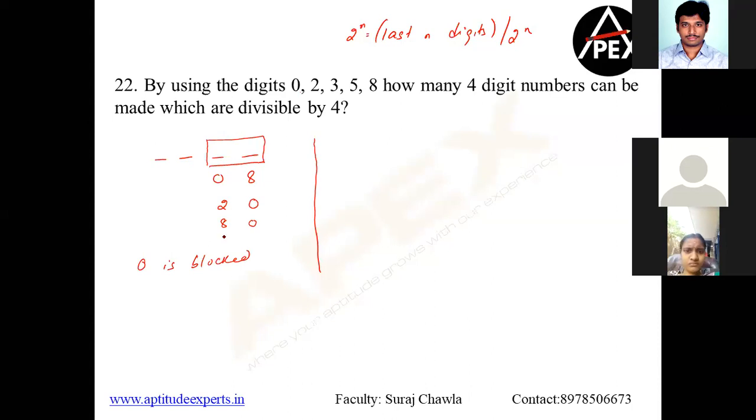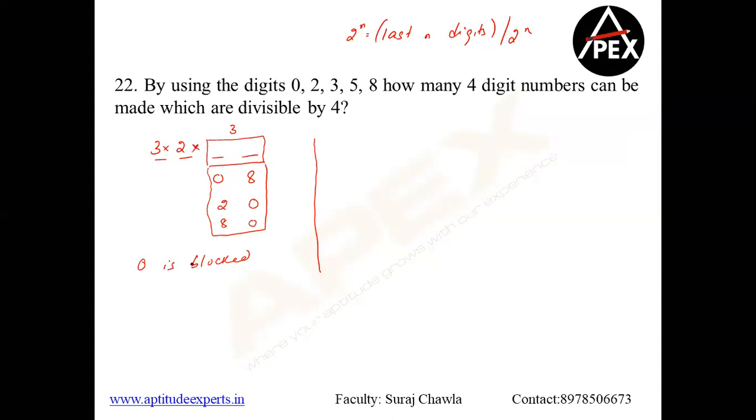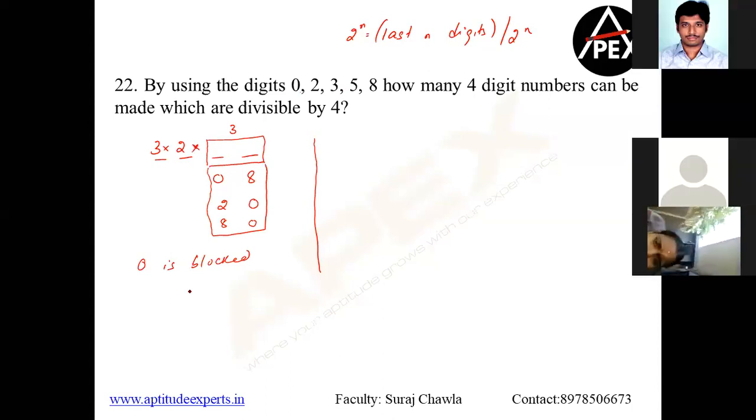We have 3 cases. Now, since out of 5, 2 digits are gone, now please remember, why are we blocking 0? The minute we are blocking 0, we are very open to calculate our calculation. Out of 5, 2 digits are blocked. There is no more restriction. That means 3 more digits can come here and 2 more digits can come here. Clear, guys? So your answer when 0 is blocked is going to be 3 into 2 into 3. That's going to give you how much? 9 2s are 18 is going to be your answer when 0 is blocked.